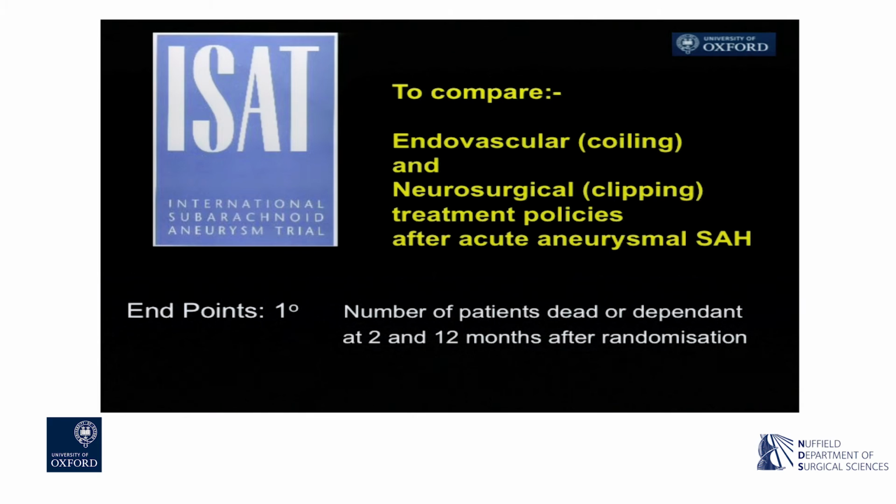It had simple primary endpoints. Was the patient who was randomized dead or alive at 2 months or at 12 months? And if they weren't dead, were they dependent or disabled? And to randomize patients, we obviously needed clinical equipoise, and the trial recruited about 20% of patients who were admitted to neurosurgical centers throughout the world